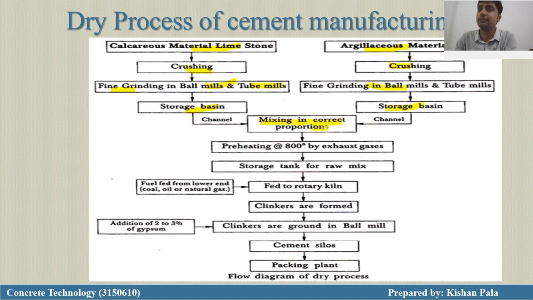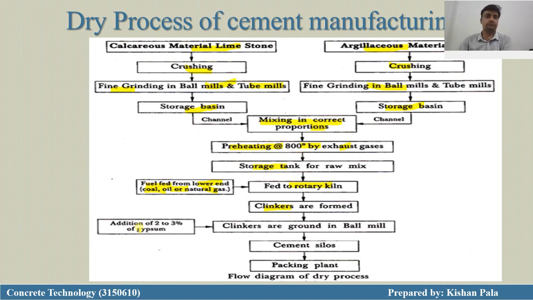mixed in the correct proportion, and then we have to preheat at 800 Celsius with exhaust gases. And then this dry mix is fed to the storage tank and then allowed to fill in the rotary kiln. The rotary kiln gets fuel from the lower end, like coal, oil, or natural gas. So we get the clinkers, and after getting the clinkers we have to add gypsum at 2 to 3